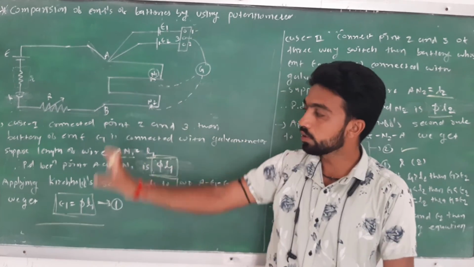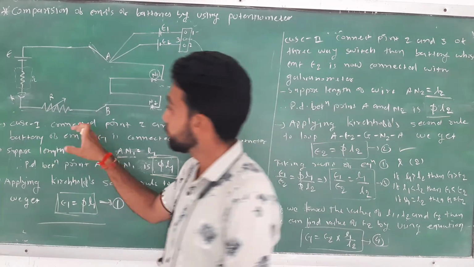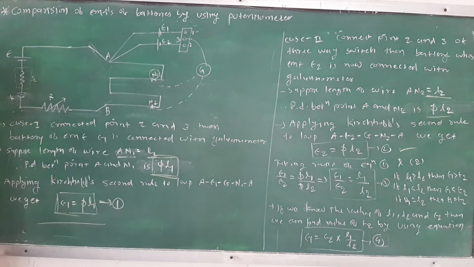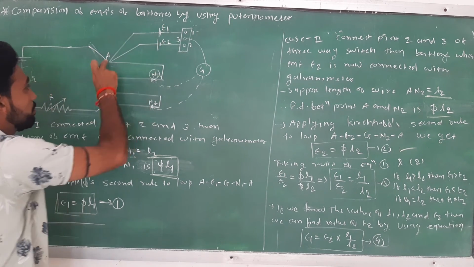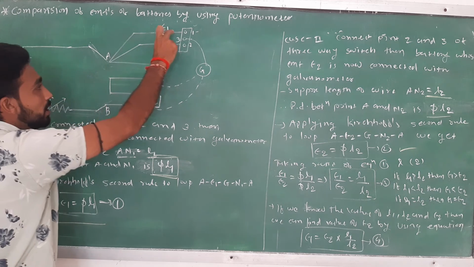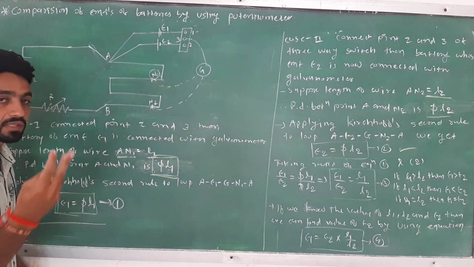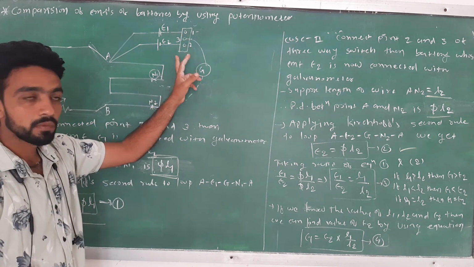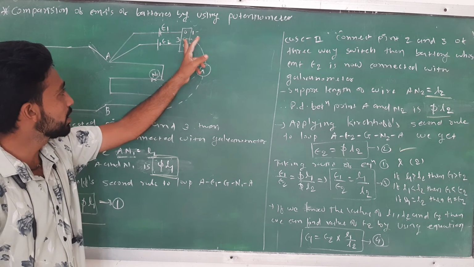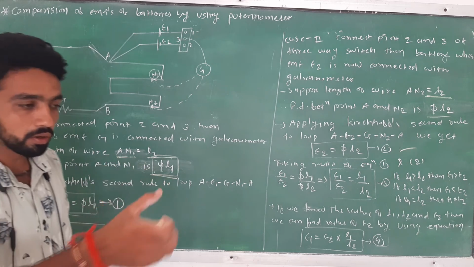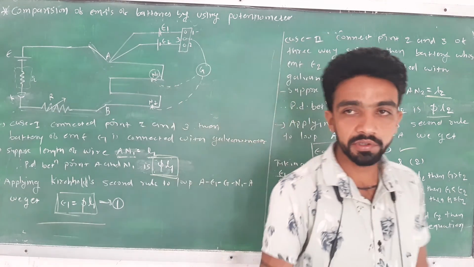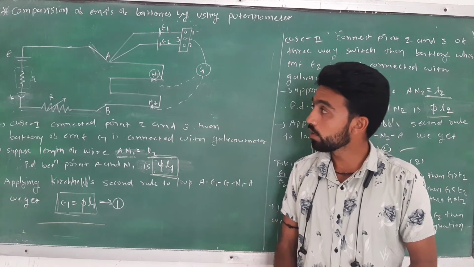You must know these circuit diagrams and write down the information about the circuit diagrams. This is the wire connected in series with these three components. These two batteries are connected in parallel. The positive terminals are connected at point A, and the negative terminals at points 1 and 2 of the three-way switch. This is the three-way switch. The positive terminal of the other is connected at point 3 of this three-way switch, and the negative with the jockey, and the jockey moves over the wire. So this is the most important theory. Now I will stop here.